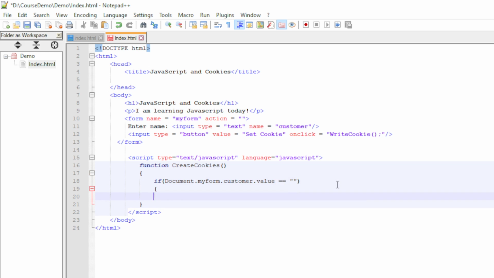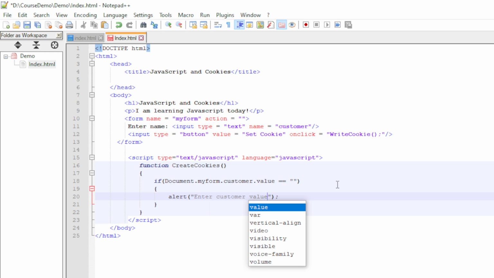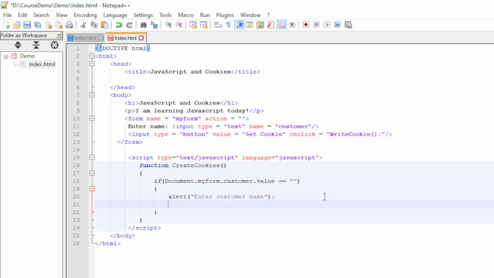So I can add an alert message like this: enter customer name, and return.